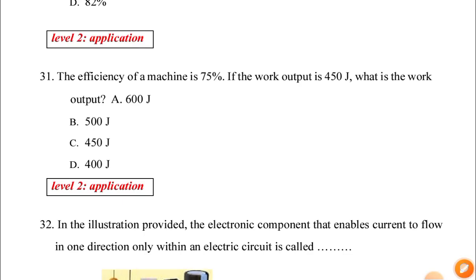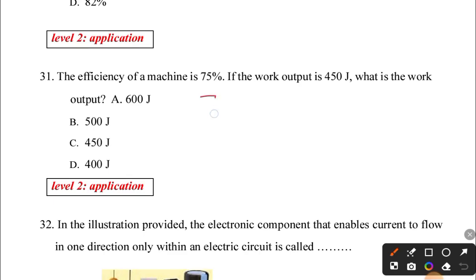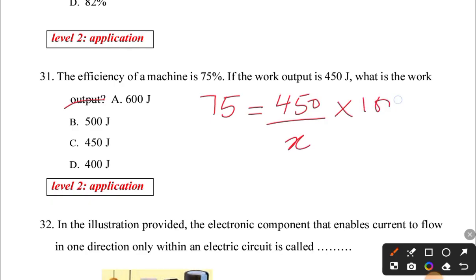Then question 31. The efficiency of a machine is 75%. So we know that 75% will be equal to, if the work output is 450, 450 over... with this one, the question is actually supposed to be find the work input. So let's just represent work input with X, multiplied by 100. So 75 equals 450 times 100. We get 45,000